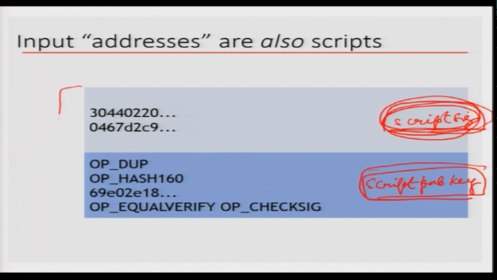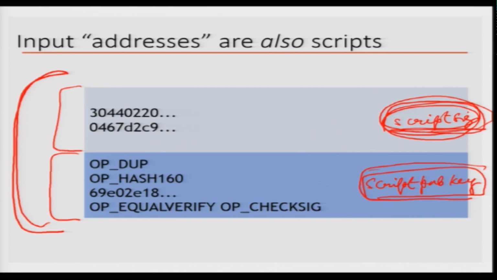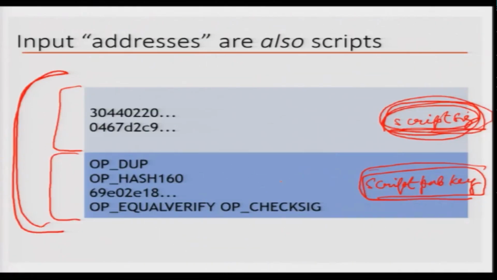I first have these instructions and then I have these instructions, I get a longer script, and then I have to execute that script in a stack based system. When I execute, if the execution goes through well, then it is all fine, the transaction validates. If the execution throws an error, that means something did not work out, either this script has wrong information or that script has wrong information, and therefore the transaction is invalidated. So, that is the idea of these scripts.